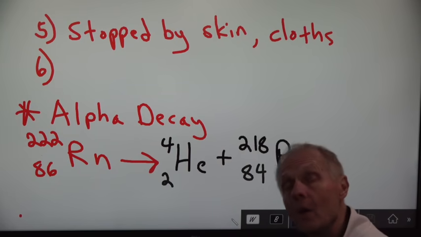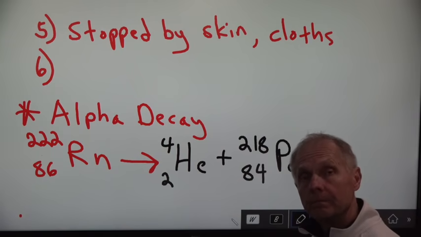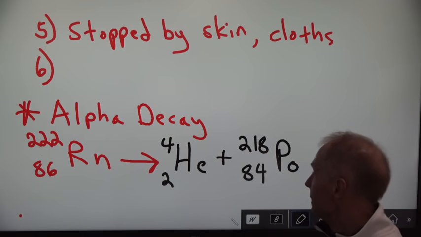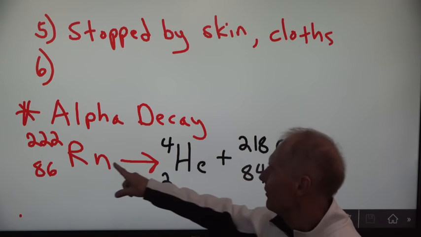And the new radioisotope is called polonium. Okay, so watch. What do we know about this? An alpha emitter